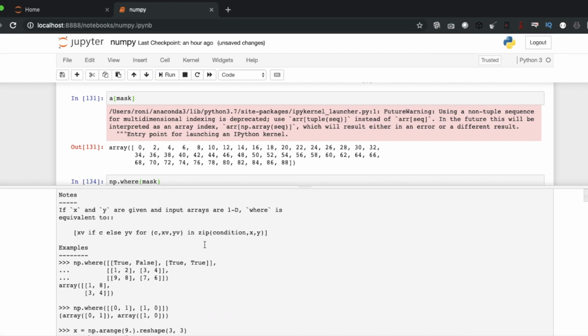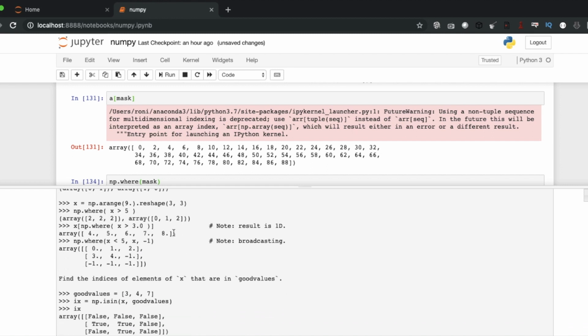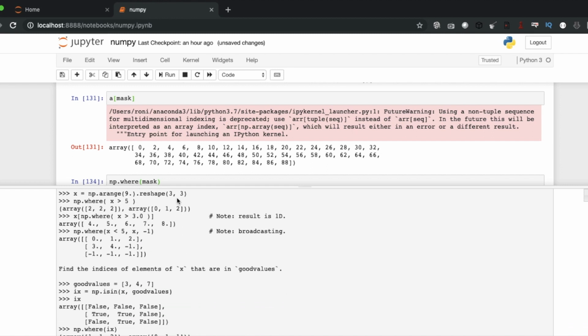Okay, let me try these things actually. Array, this thing.